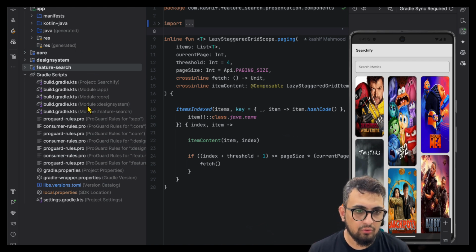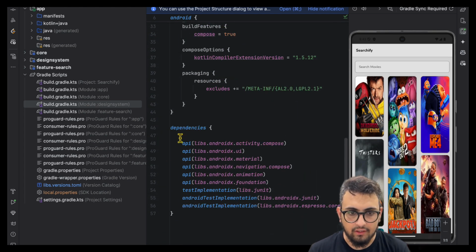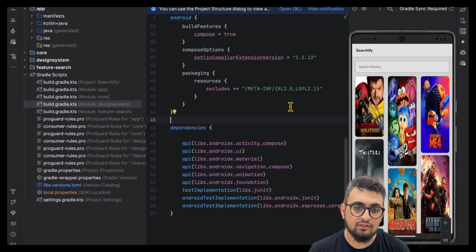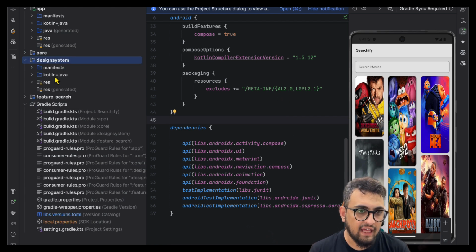So let's first go to the design system and scroll down a bit. Here, the design system module only has all the Compose related dependencies, only the UI related dependencies. It's Compose UI, Material, Navigation Compose, Animation, Foundation, and all those things. And if I go to the actual module,